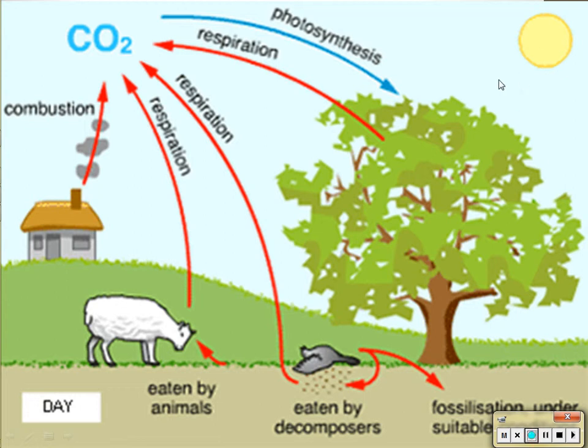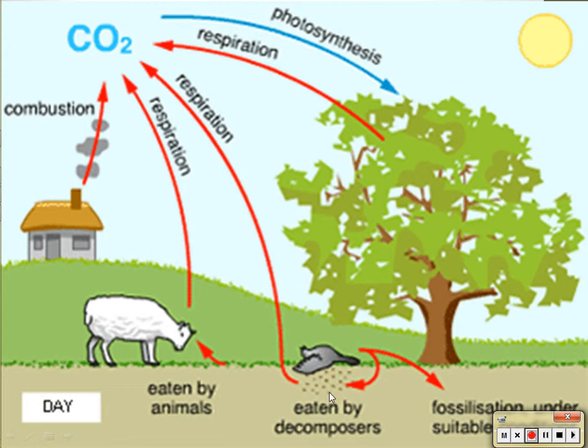The sunlight gets the plants to make a carbohydrate, and they turn that carbohydrate into CO2 and energy through a process called respiration. So respiration turns a carbohydrate into CO2. If we eat the plant, we also turn that carbohydrate into CO2 through respiration. If we die, or if the plant dies, decomposers or germs will turn the carbohydrate that was in the plant into CO2 through respiration. So that's three things that respire: plants, decomposers, and animals.